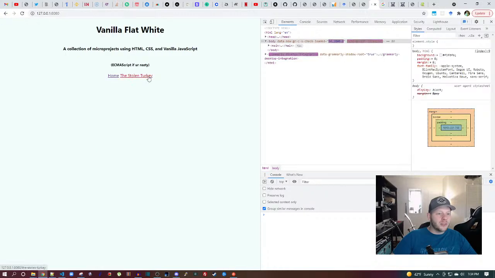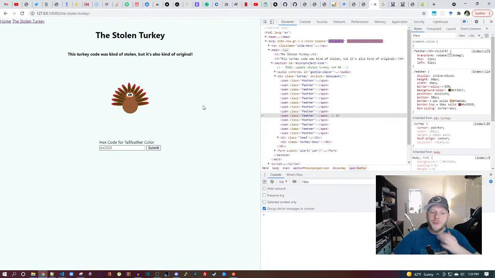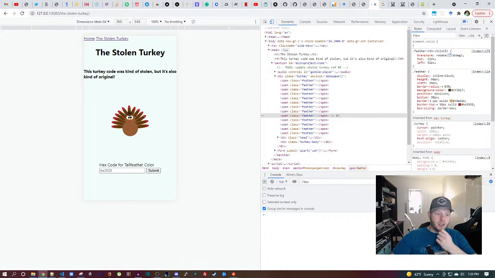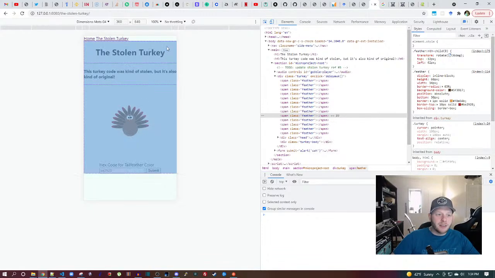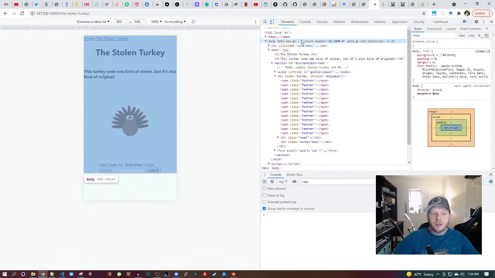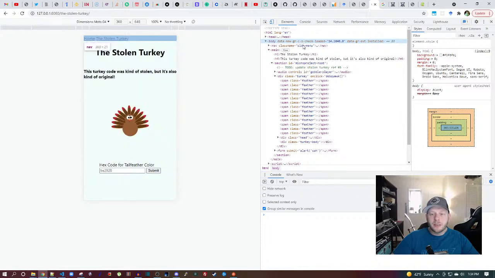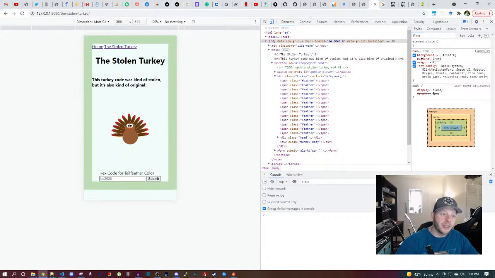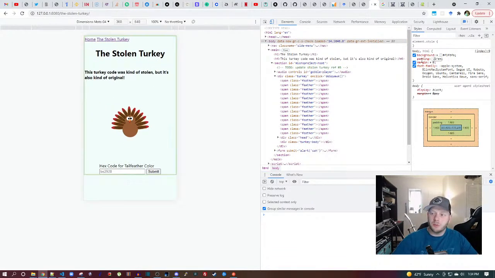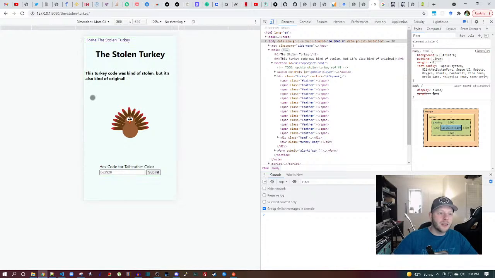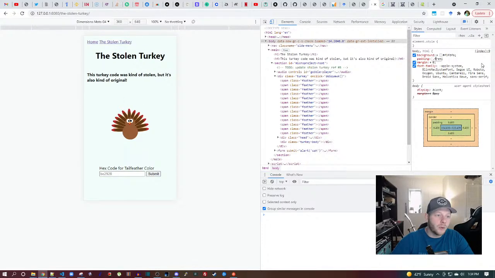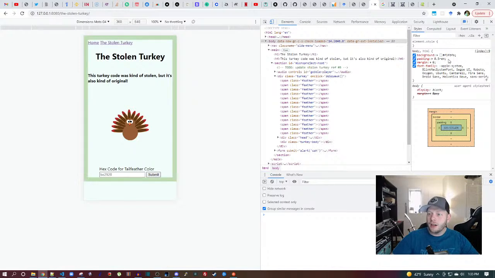Go home, stolen turkey, home, stolen turkey. And then what if I do this on like a mobile phone? It still works, right? I want to do some padding on the whole body. Let's do padding of 1 rem. That's too much. Let's do 0.2 rem. 0.4 rem is looking pretty good. 0.5 feels like a more natural number though, doesn't it? All right, we'll do 0.5